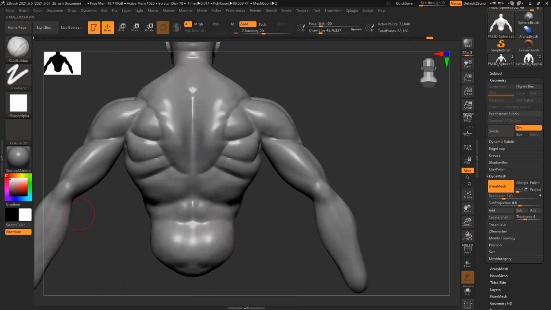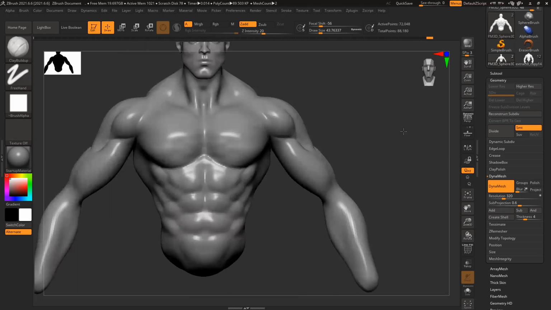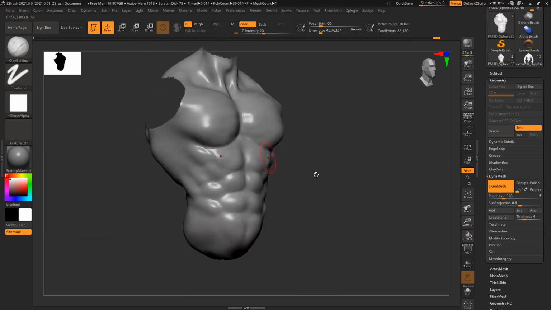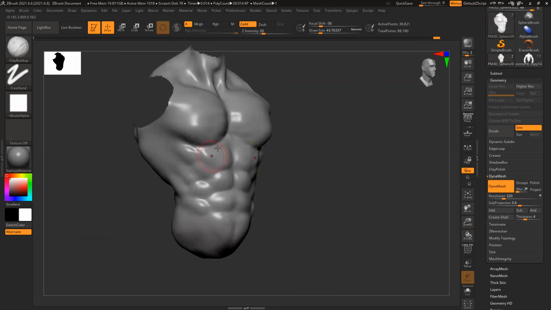Okay, let's see if I have another back reference. I believe no. So here I can see this rib cage is very prominently visible for this character.